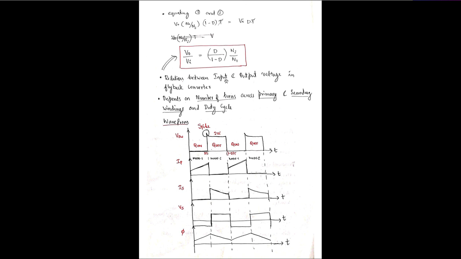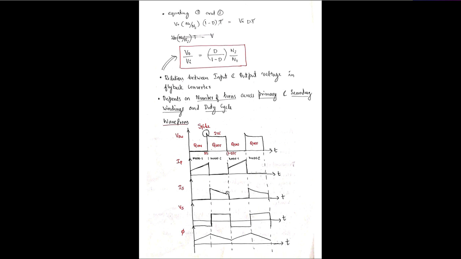So in the secondary side we will be having a plus V voltage. Okay, and the flux will be decreasing here. So that is what the graph shows here. When the switch is on, across the switch there will be 0 voltage. Okay, the primary current will be increasing as the inductor is charging,